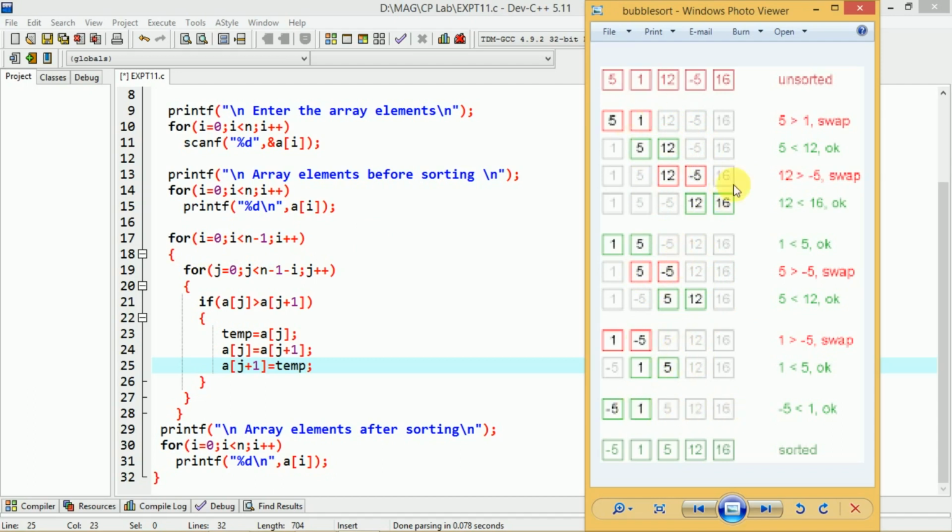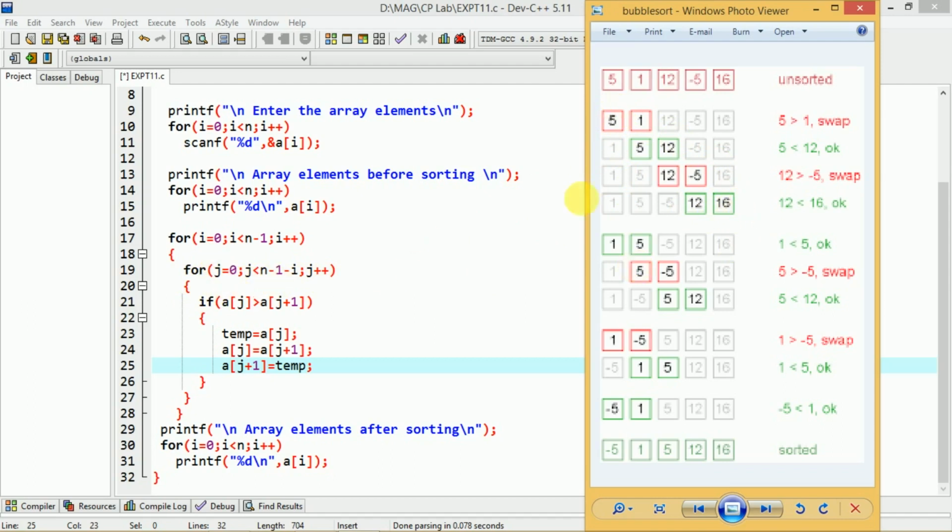Each iteration, we go on comparing the adjacent elements. First we compare the first 2 elements, the second time we consider the second and third, the next time the third and fourth, next the fourth and fifth, and so on, if we have more elements. To perform this we have used one more for loop. This for loop will also start from 0, that is j equals 0, because we have to start from the first element. But here there is a restriction on the last element.